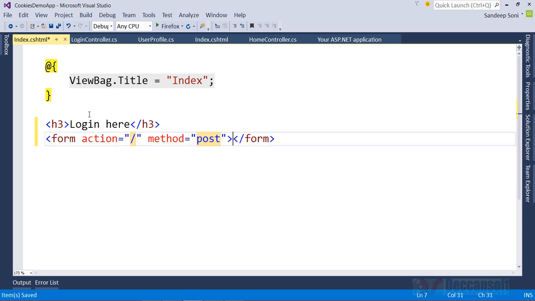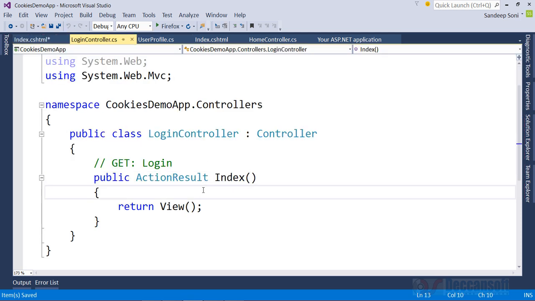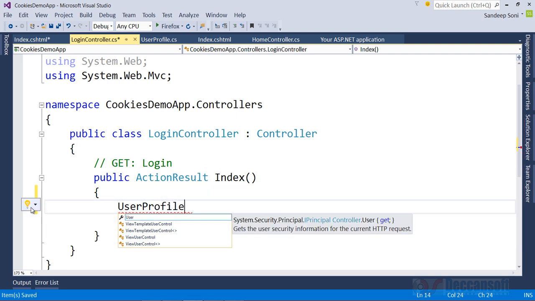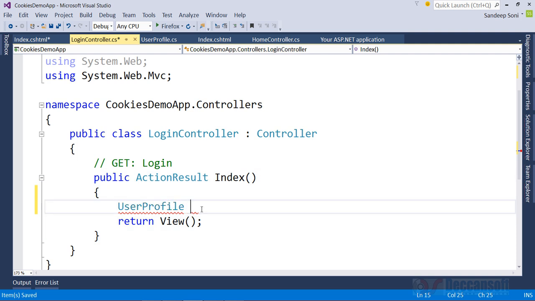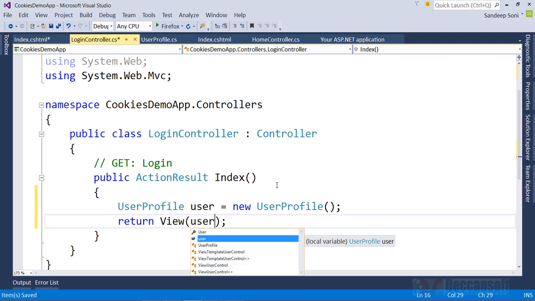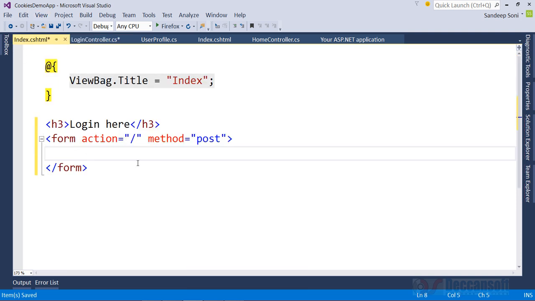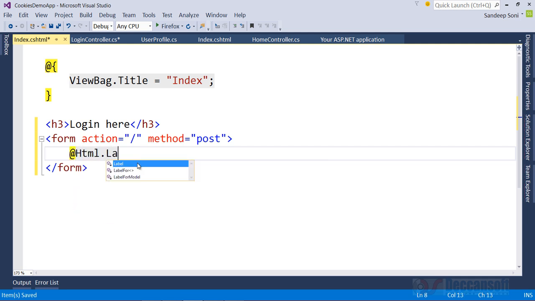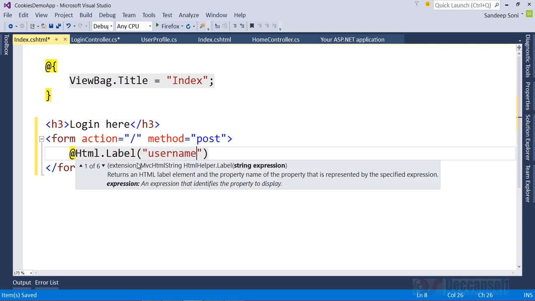Now what is this form for? We want to have label, username and password. But what we are also going to do is, from login controller, we will create a user profile object which is in models namespace, and use that as the model. So here we will create a form with @Html.Label. This is for username,